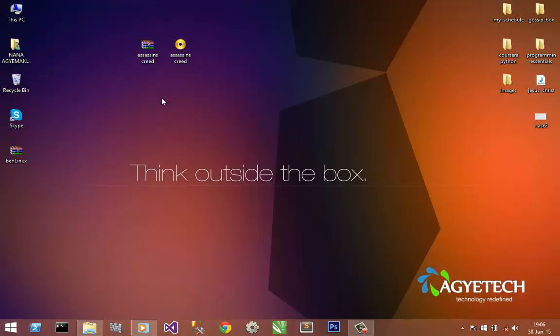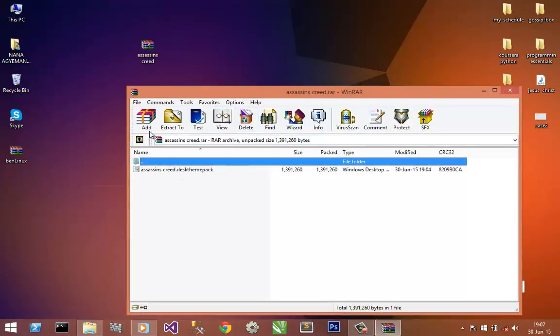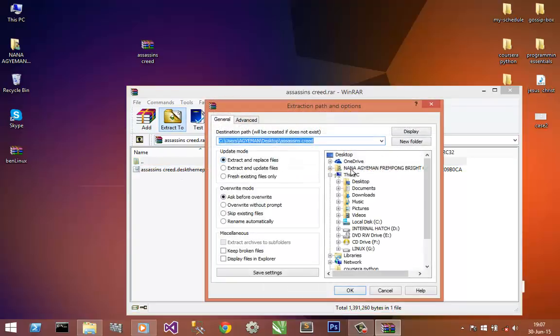Get it? So I can send these files to my friend or anyone who really likes my theme for sharing. And one thing about this is it contains your settings. Your friends can change those settings after they install it. So now, if a friend gives you a desktop theme, or you give this theme to a friend, let's say the RAR, all that your friend needs to do is to what? Open this, can extract it. Let's say we're extracting it to the desktop. Okay,